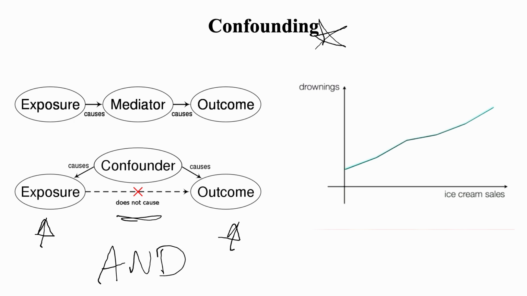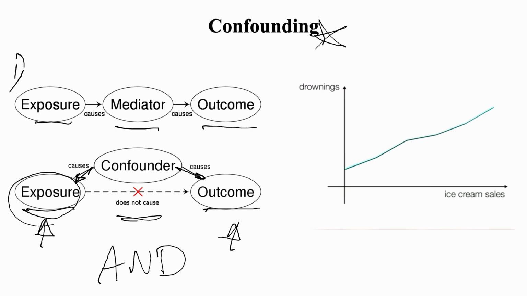If you look here, start off by looking at number 1, you can see that this is the typical causal pathway that we're looking for. We have an exposure, and then it may have a mediator, and then you have an outcome. In confounding, you have an exposure, and then you see your outcome. So you think your exposure is causing the outcome, but in reality, the confounder is actually related to both the